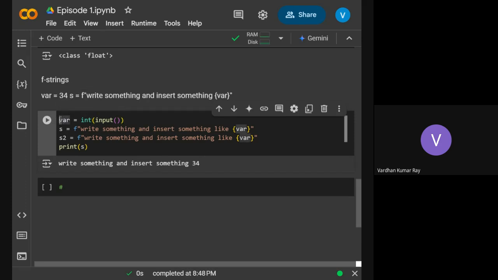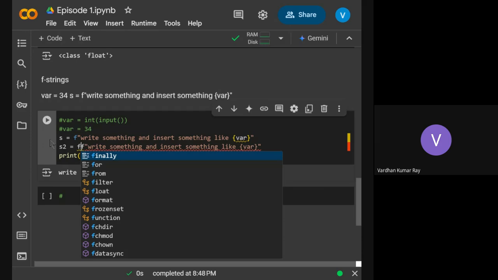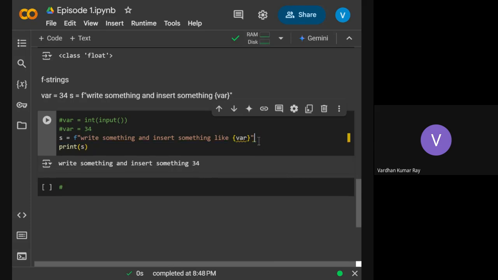Can I use double F? Let's see. I also don't know. Let me use double F. See, double F is not a valid format in Python, right? Is it clear? F is for formatted. So it's like a keyword kind of thing, not actually a keyword, but somewhat a keyword. Double F is not valid. So let me come back to the dynamic initialization.